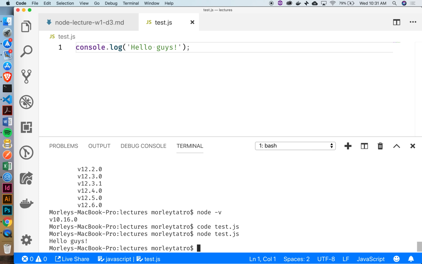Now we're running JavaScript directly on our machine. We're not using the browser at all. So this is kind of different from what you're used to. The other way that we can run it, obviously we don't have to run a file, although that's typically what we will do. We can also open up a Node shell to run